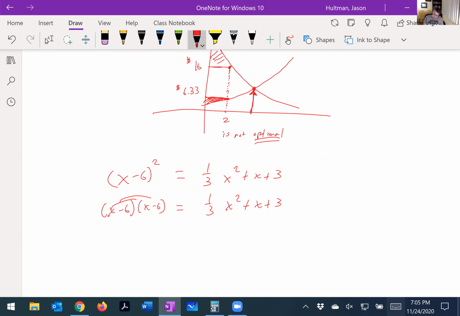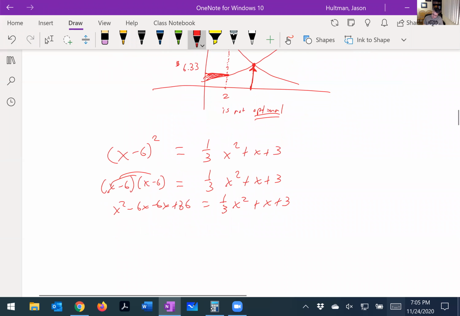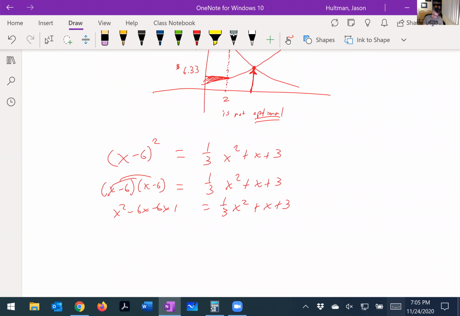This becomes x squared minus 6x plus 36 is equal to 1/3 x squared plus x plus 3. That's 36. So this is x squared minus 12x plus 36